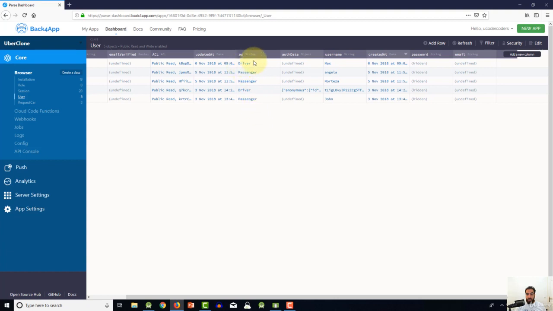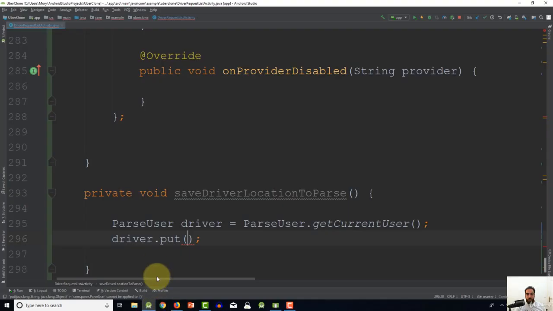So we only want to get the location of the driver and put it here as a new column. Notice that we have this column that says "as", and we are differentiating between the driver and a passenger. So let's go back to our Android Studio, and I'm gonna say driver.put. The name of the column is going to be driver location,